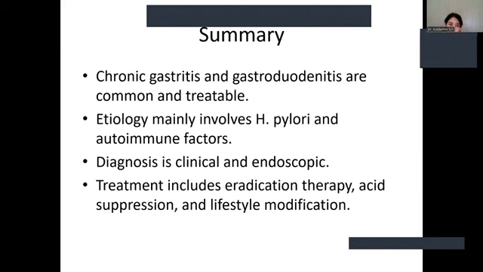In summary, chronic gastritis and gastroduodenitis are common and treatable. Etiology mainly involves H. pylori and autoimmune factors. Diagnosis is clinical and endoscopic. And treatment includes eradication therapy, acid suppression, and